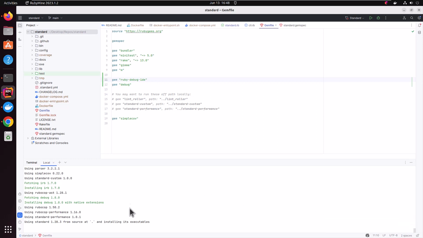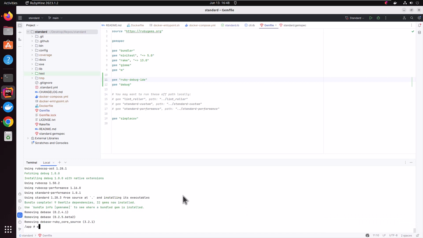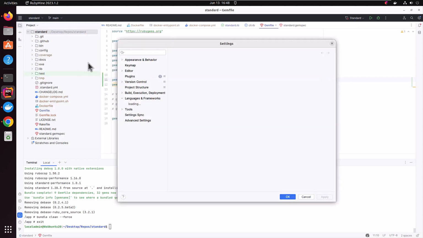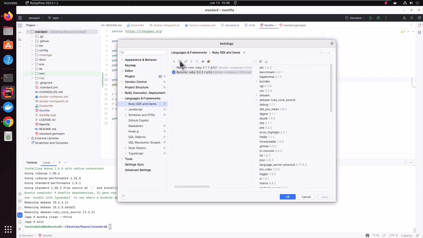All right, so that looks like it maybe fixed it. It looks like it cleaned everything up too. But let's pull this. It still says dbase there, which I always find kind of weird, but